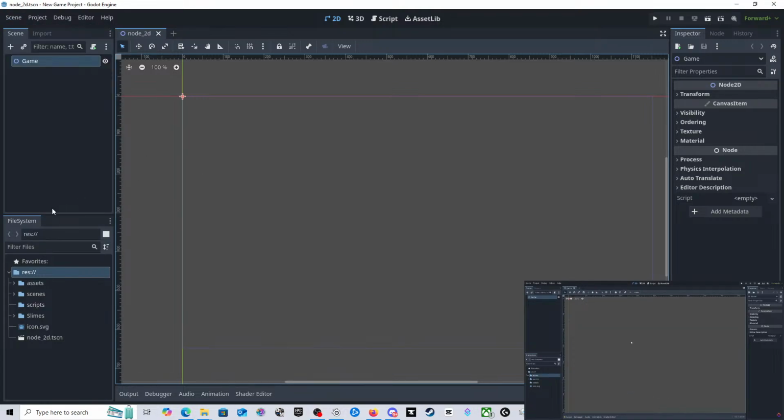It's not going to be very exciting, but let's try it out. So let's hit play up here, or F5. It's going to tell us that we haven't selected a main scene. We need to tell Godot which scene to run. I'm just going to press select current, and you can see that our game scene becomes blue to let us know that this is now our main scene.